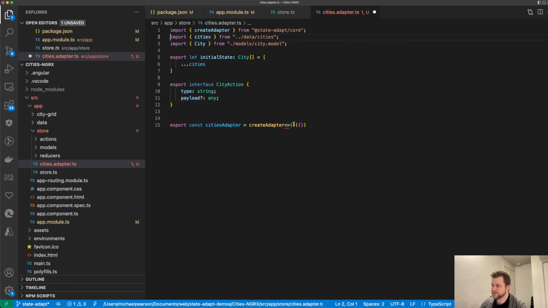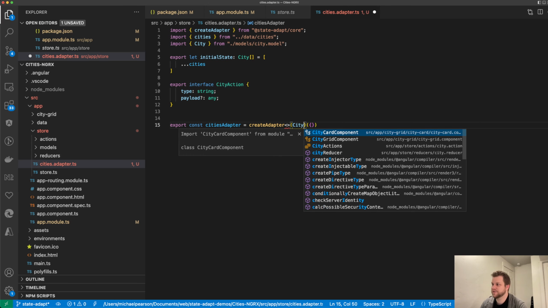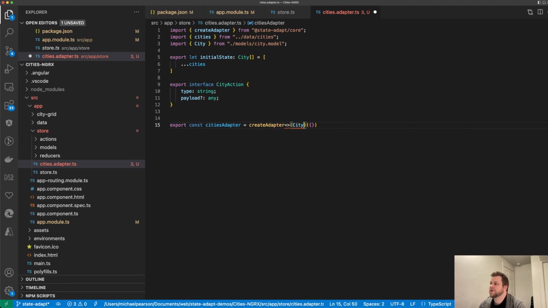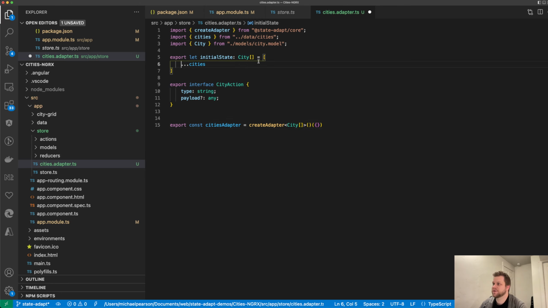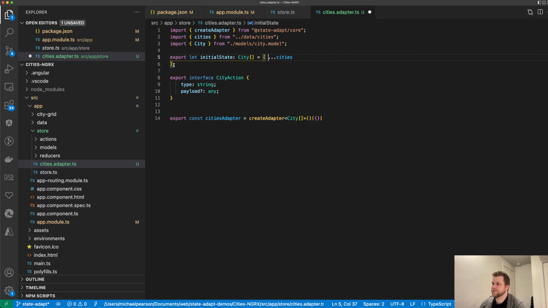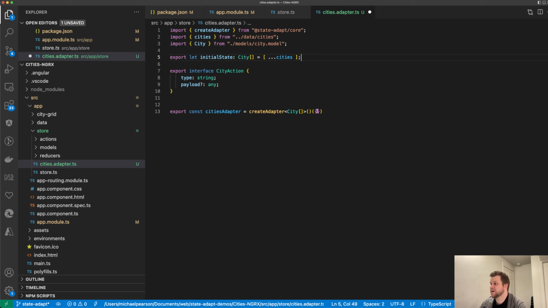It's kind of a weird syntax, but the initial state is just cities. I guess it doesn't hurt to create a new one. What's the deal? Oh, yeah, I need it as a type argument. There's no reason for that to be another line. I mean, I don't really care, but